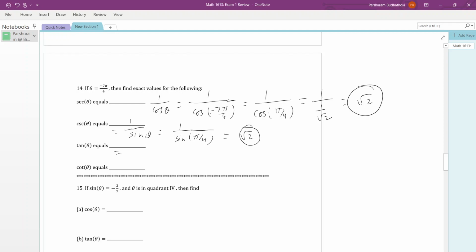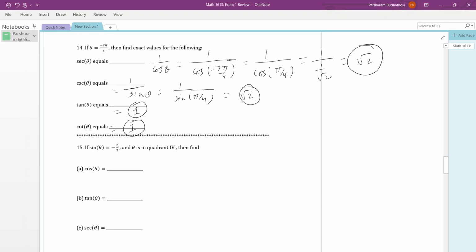Tangent of theta is sine theta over cosine theta, so that would be 1 for this angle. Similarly, cotangent theta would also be 1. Just plug the value of sine pi over 4 over cosine pi over 4 for the first one, and cosine pi over 4 over sine pi over 4 for the second one, and that will give you 1 and 1. Okay,